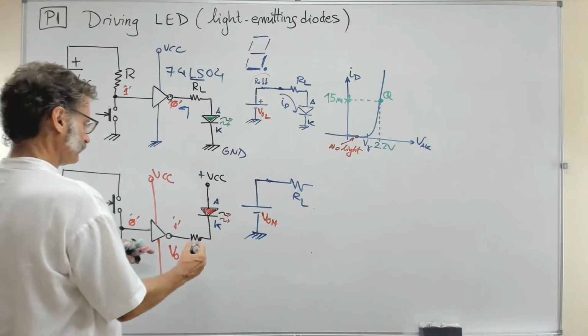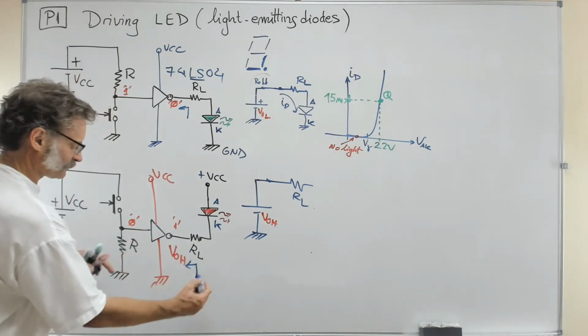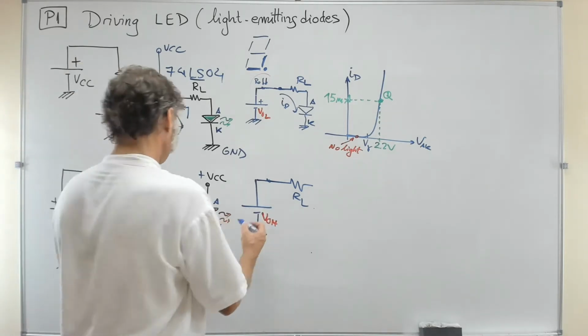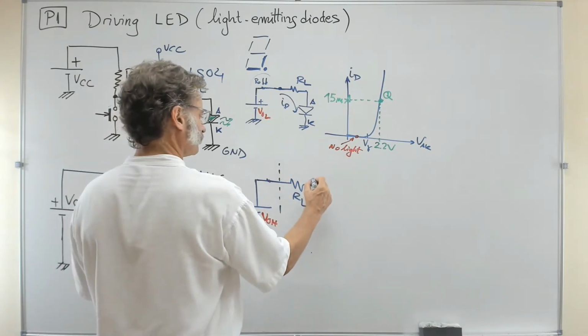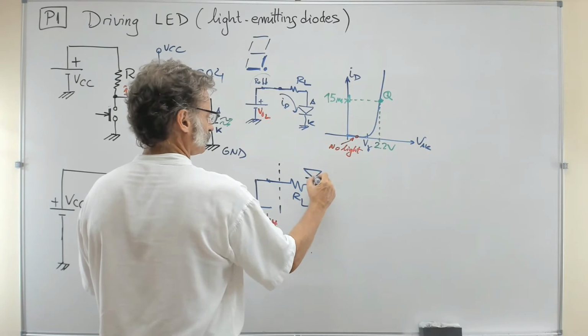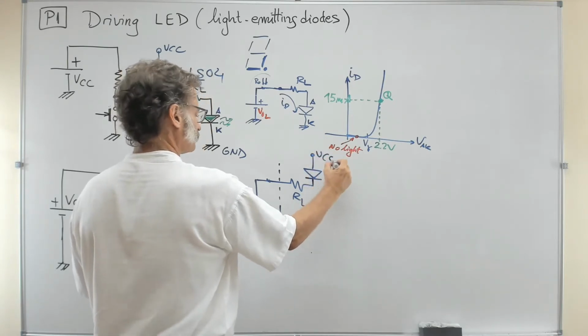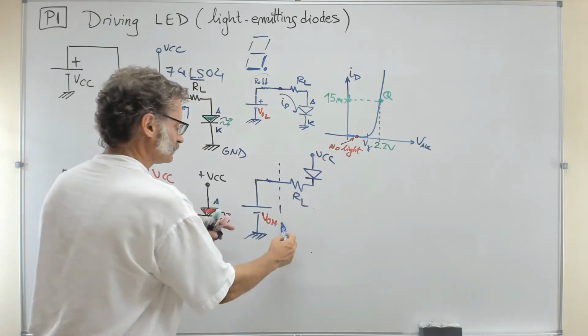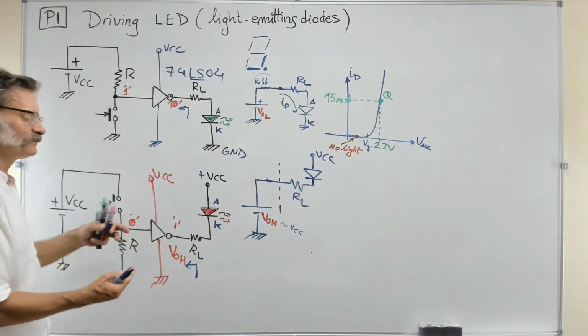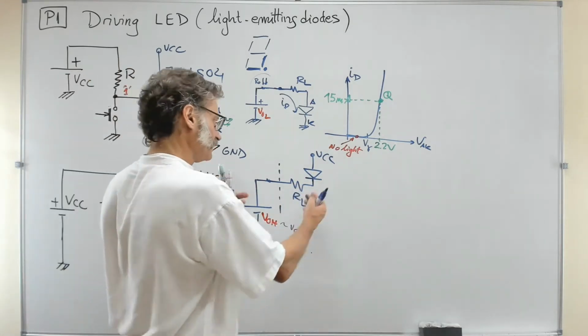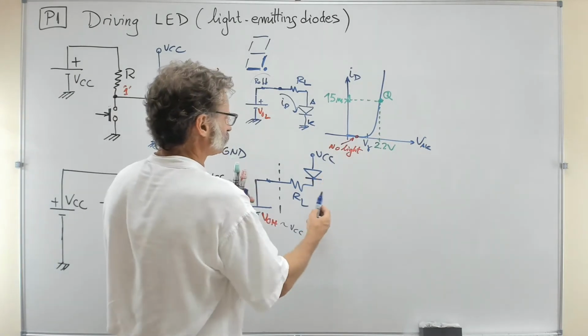This is the equivalent of the gate from this point of view, and then the resistor, and then the diode, and then the VCC again. Imagine that this is VCC, almost VCC, 4.5 volts, 5 volts, so there is not enough